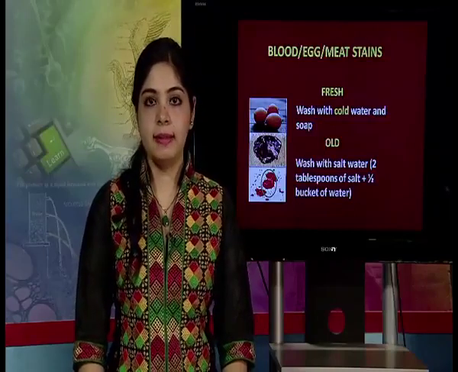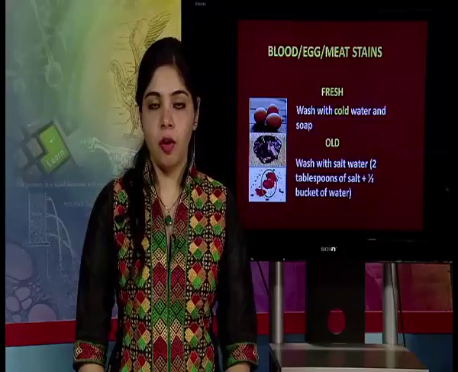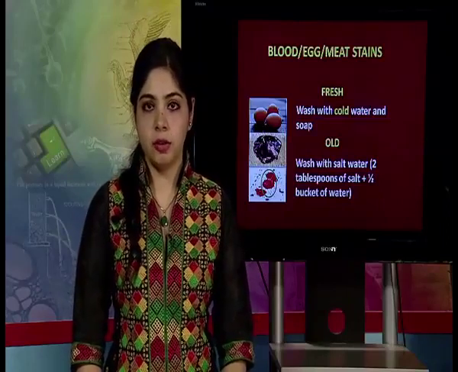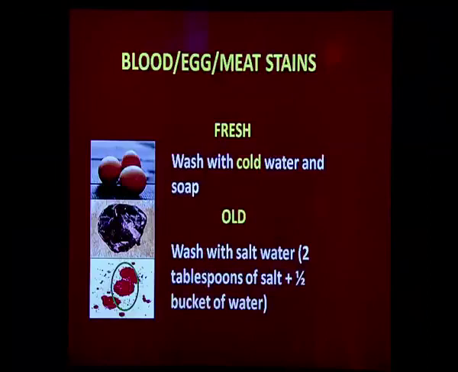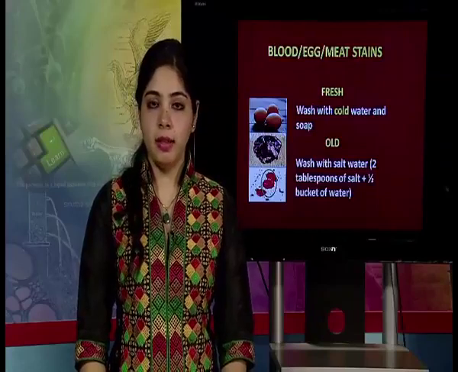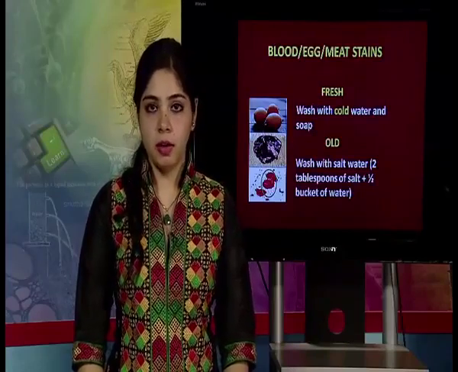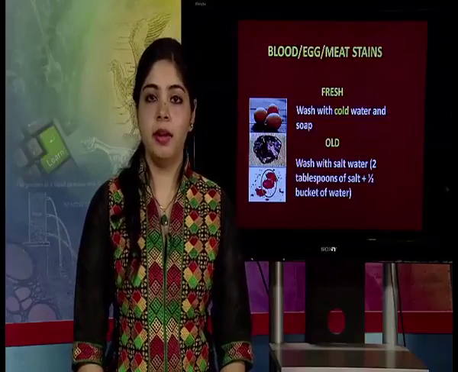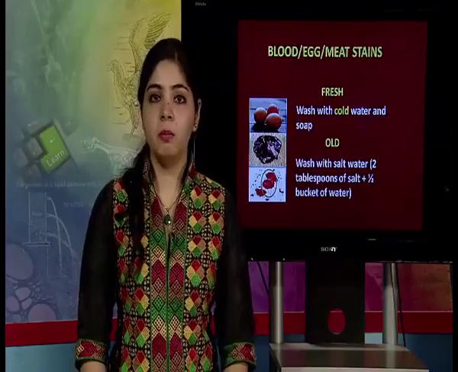Now we come to the protein stains, or we can say stains under the category of proteinaceous nature. Milk, egg, meat, blood are some examples of protein stain. If the stain is fresh, you can easily wash it with cold water and soap. If the stain is old, wash with salt water. You can use 2 tablespoons of salt in half a bucket of water. This method can easily be used for colored cottons, for woolen and silk, and for synthetic fabrics like nylon, polyester,